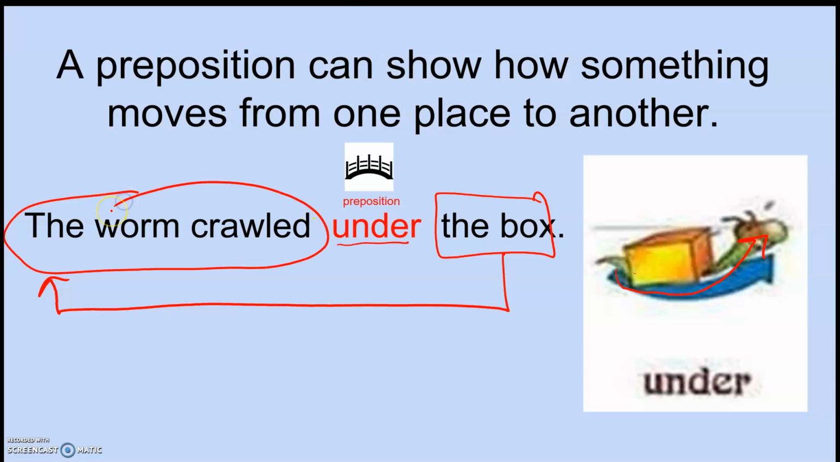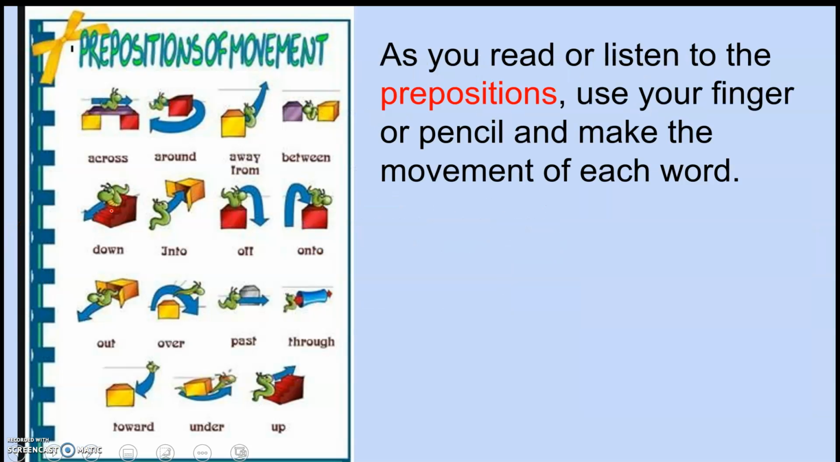So for this activity, we're going to read all of these prepositions of movement, and as we read, or if you want to listen to the preposition, use your finger or your pencil and make the movement of each word. So here we go. Our first one is across,